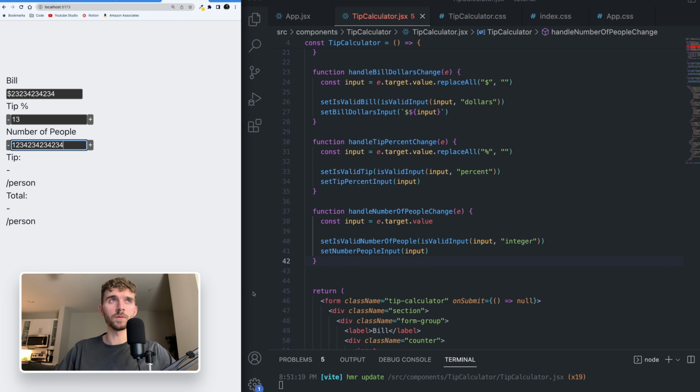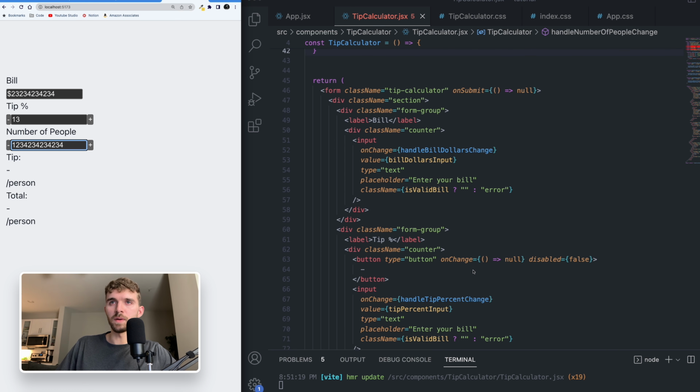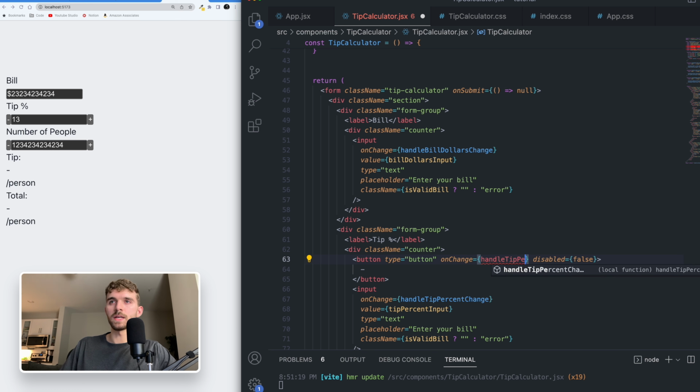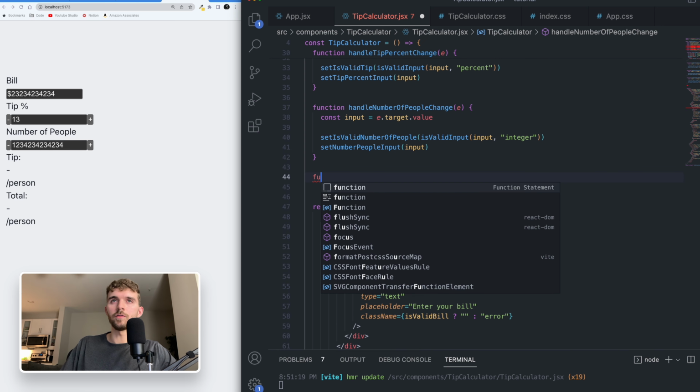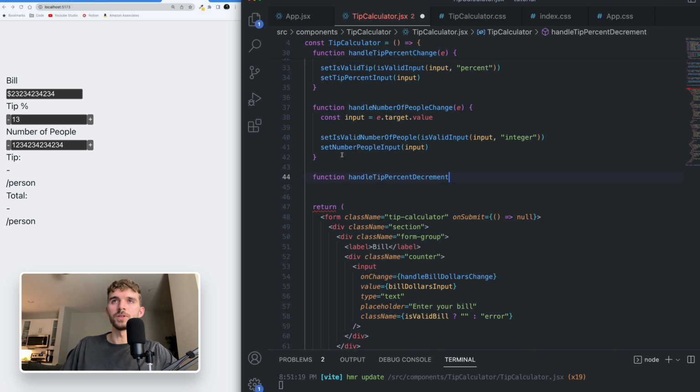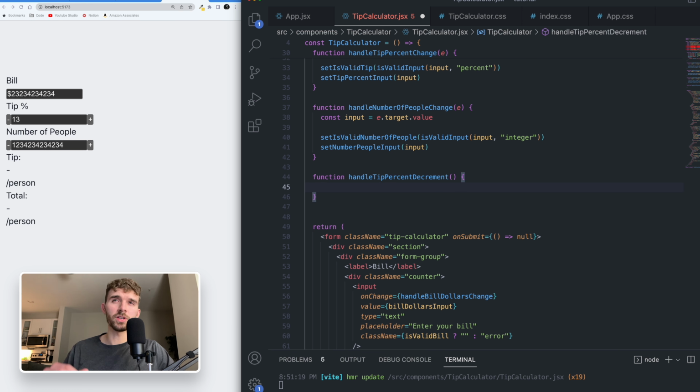So our first one is going to be the decrement for tip percent. So in this minus button, go to this on change, replace this with handle tip percent decrement. Take that name, go under your functions and create a new function called what we just made, handle tip percent decrement, no parameters. So first we want to make sure that we can't go under 0 because you can't have